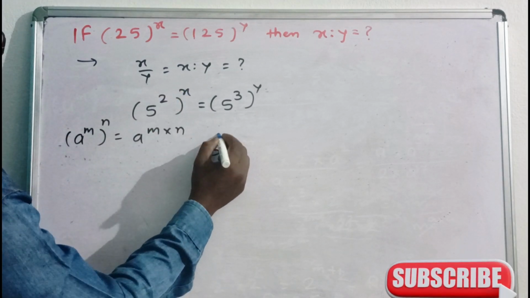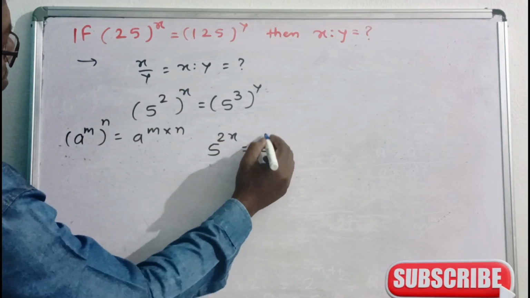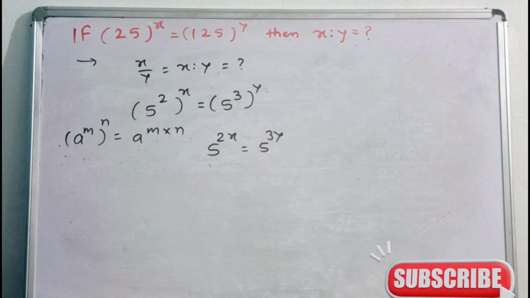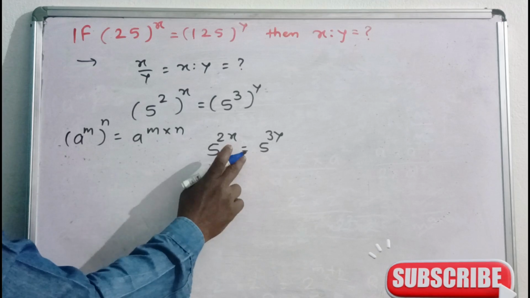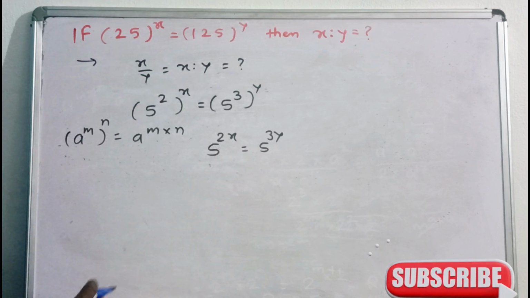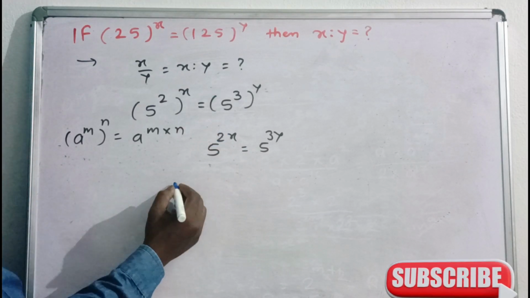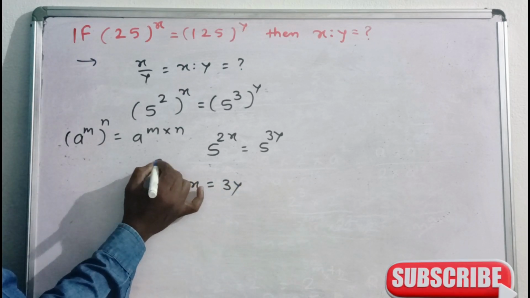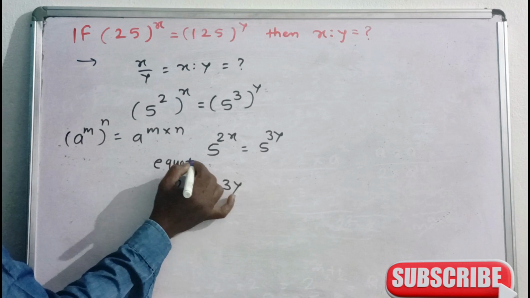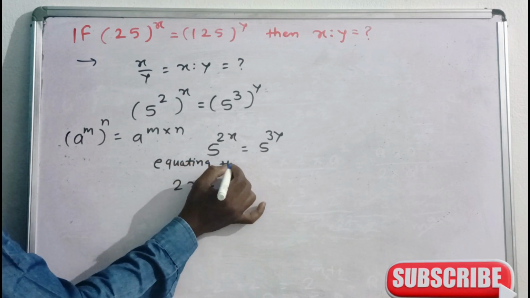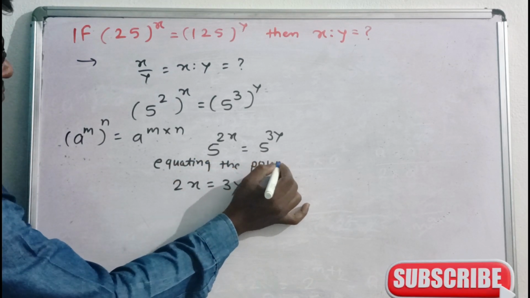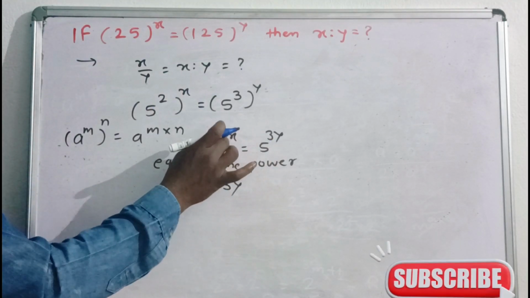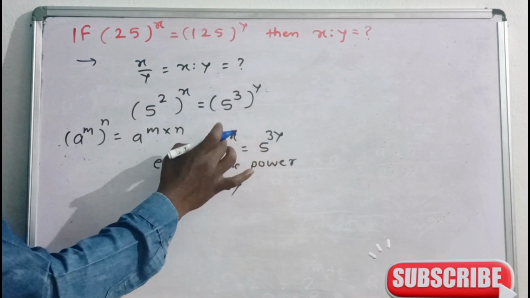5 raised to the power 2x is equal to 5 raised to the power 3y. बेस सेम है, इसका मतलब पावर सेम है. एंड इक्वेटिंग द इक्वेशन मतलब इज इक्वल टू है, 2x is equal to 3y, equating the power. ये हमें इंडिकेट कर रहा है ये दोनों क्वांटिटी सेम है, बेस ऑलरेडी सेम है तो पावर भी सेम ही